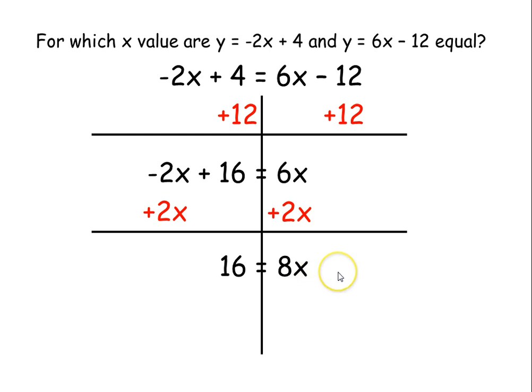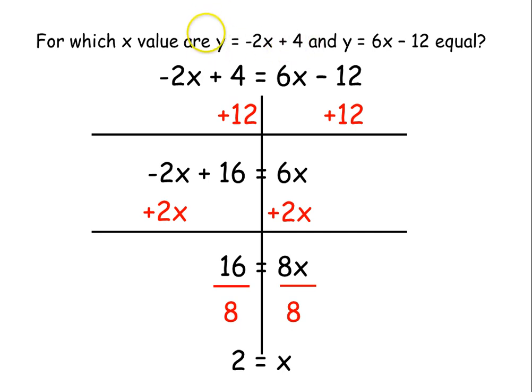Now we have a very basic algebraic equation to solve. We can probably just look at this equation and know what x is going to be, but algebraically we divide both sides by 8, and we get that x is equal to 2. What this means is that when we plug 2 into these two equations, we will get the same y value out. For example, negative 2 times 2 is negative 4, and negative 4 plus 4